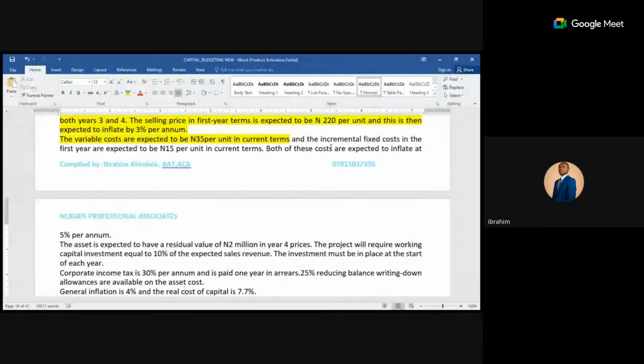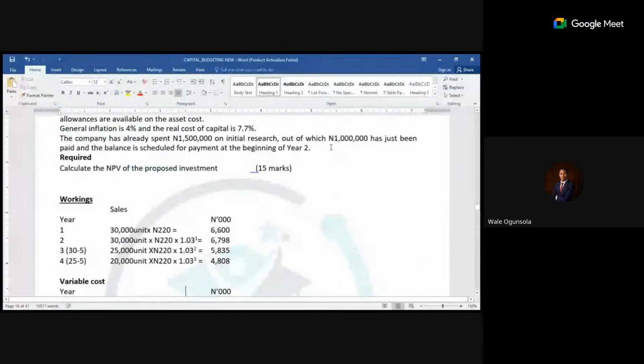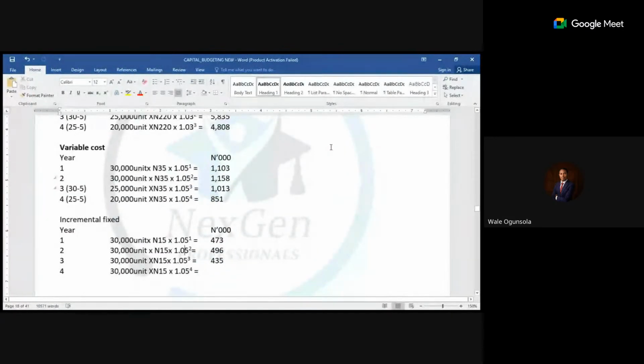Okay. Any other suggestion? What we are going to do is 30,000 units for the first year multiplied by 15. It will give us 450,000. So that 450,000 is going to be what we are going to use throughout the year. Then we are now going to start increasing it by the 5%.